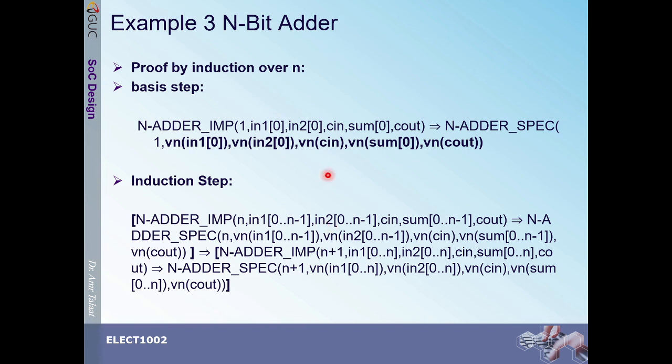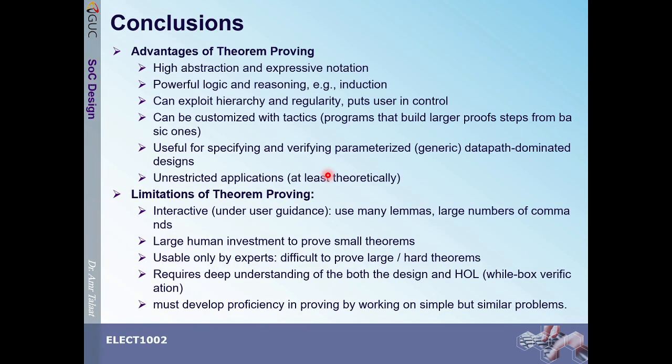Because now Intel can substitute n with 32, n with 64, n with 128, and it will still work well for the tank operation, and they can still calculate the error even before they build the circuit. So the advantage of theorem proving is higher abstraction and expressive notation. This is how we prove airplanes will always work fine,